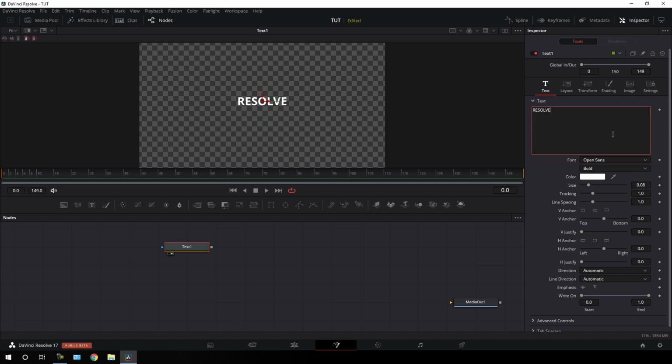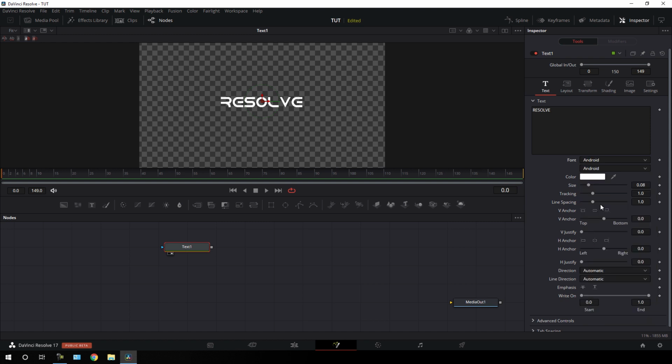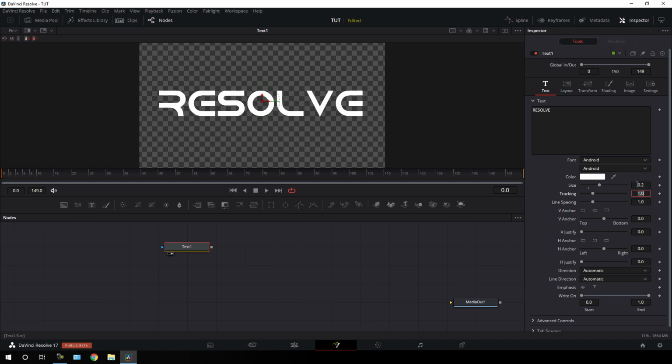Now let's select our favorite font style. In this case I am using this Android font style, which is absolutely free for personal use, and I have given a link in the description. Or you can also use any different font style that you want. And let's increase the size of this text. So I'm going to set this value to something around 0.2.